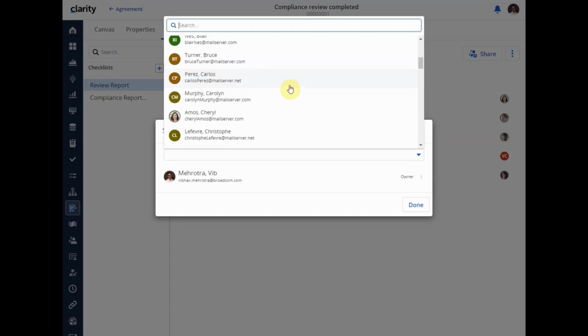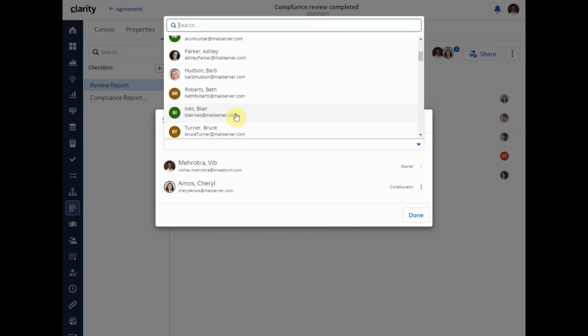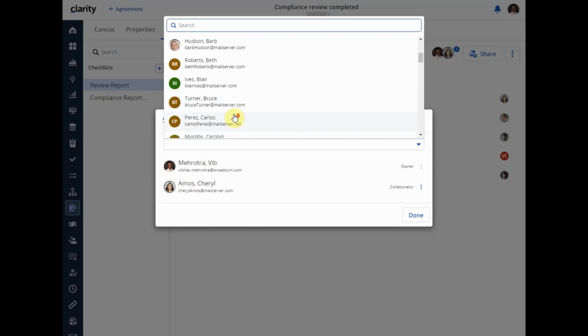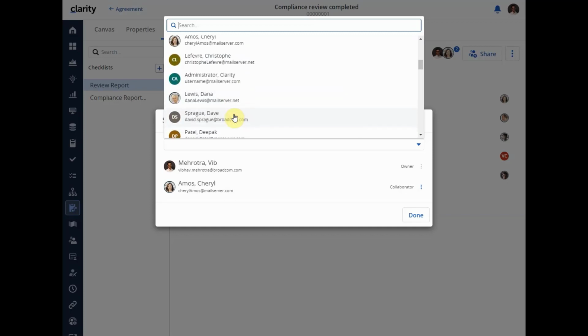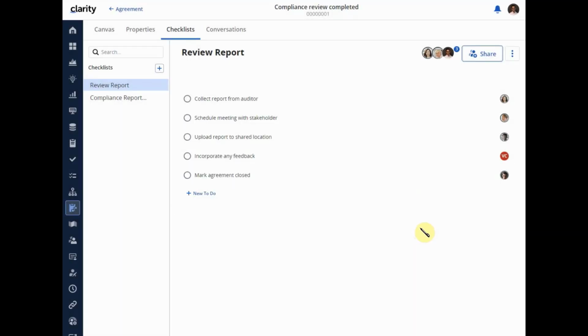I can easily do that, and now I can see the name, and if I go down, I can see Dana Lewis. I'm going to share it with Cheryl Amos and Dana Lewis. Again, their avatars are displayed in the share list. They've been added as collaborators for my checklist, and once done, I can just click on done. At this point, they both would have gotten a notification in their bell icon that this specific checklist has been